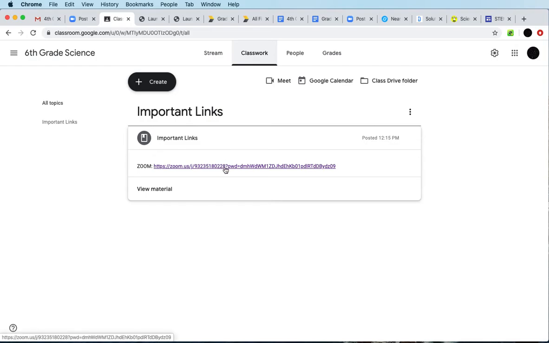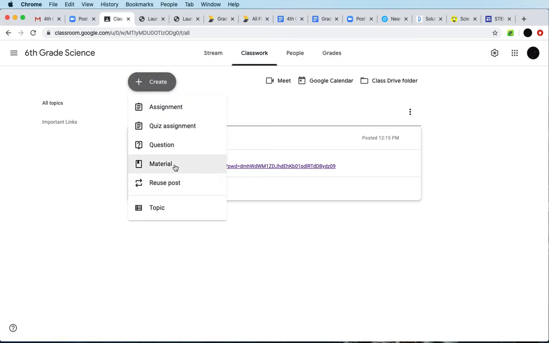They don't need to dig through emails or parents' emails or newsletters or Beehively or anything. I'm planning on having the Google Classroom be their hub where they can get anything, and this helps actually a lot. So I'm also going to use